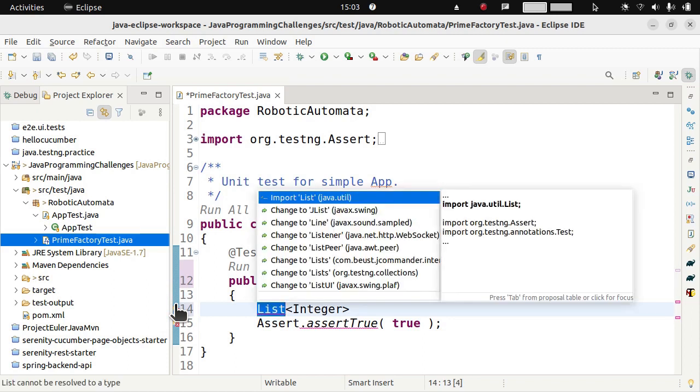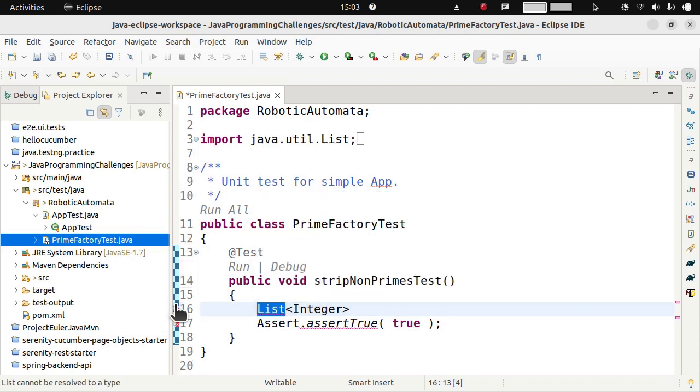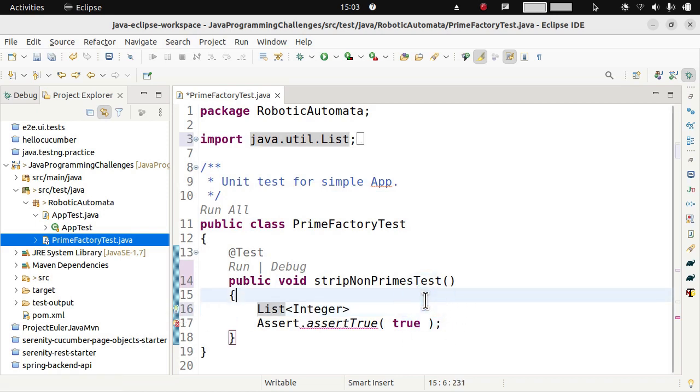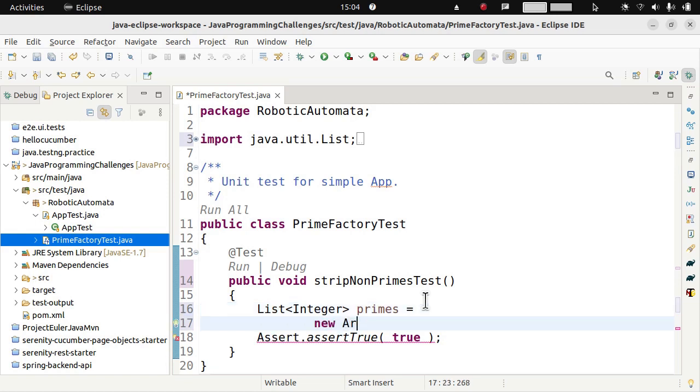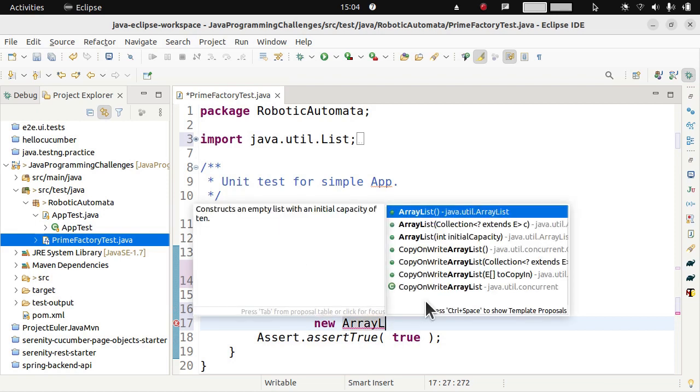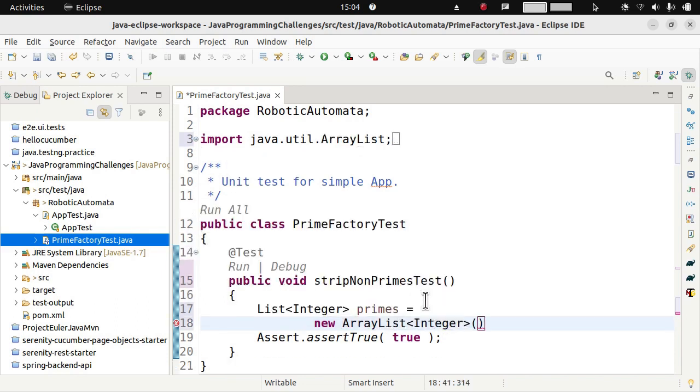and I'm hoping it's saying we need to import. Great. Maybe I gotta check what my auto import settings are for Eclipse. So list of integer, let's call these primes, equals, let's say, a new array list, but let's just use control space so that I can get auto completion going. And in addition to that, let's do